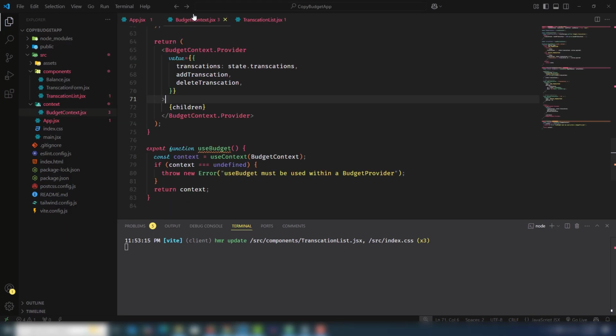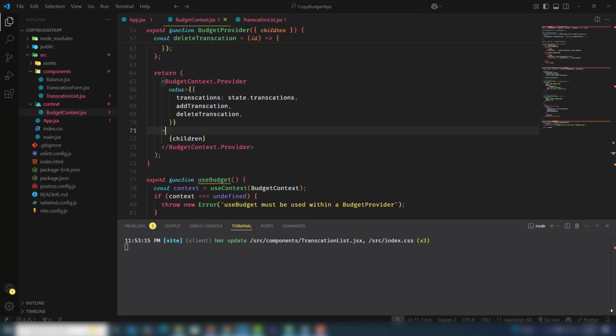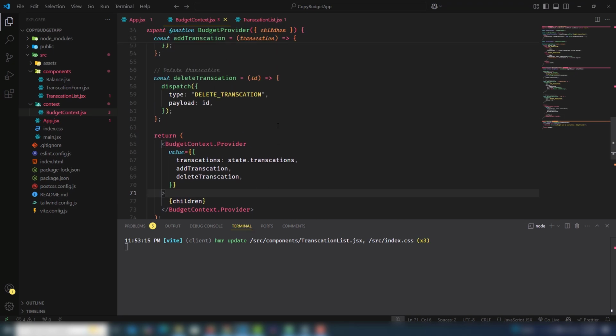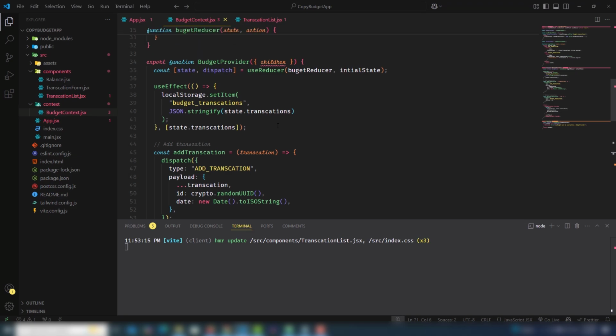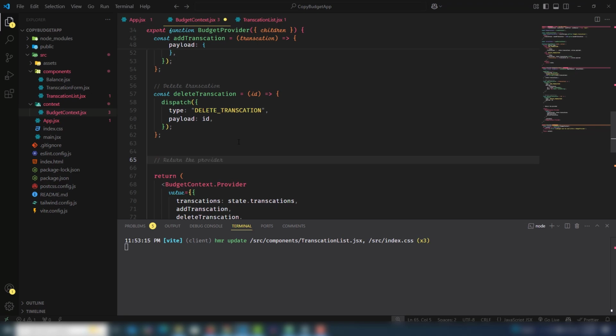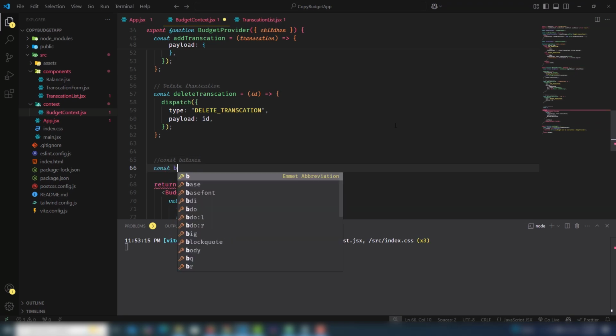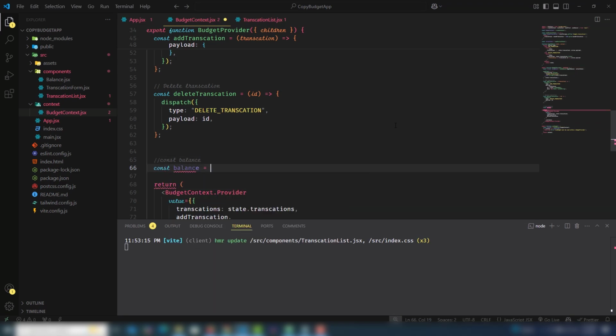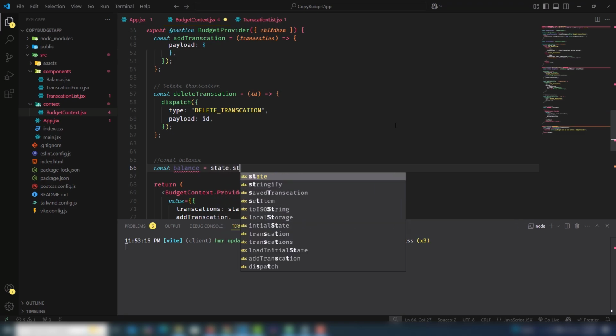So we're gonna work on the budget context and perform all the operations. So we need to work on the complete operation there. So budget provider, delete operation. So let me use the getting the balance, right? Okay, const, I'm gonna use balance state.transactions